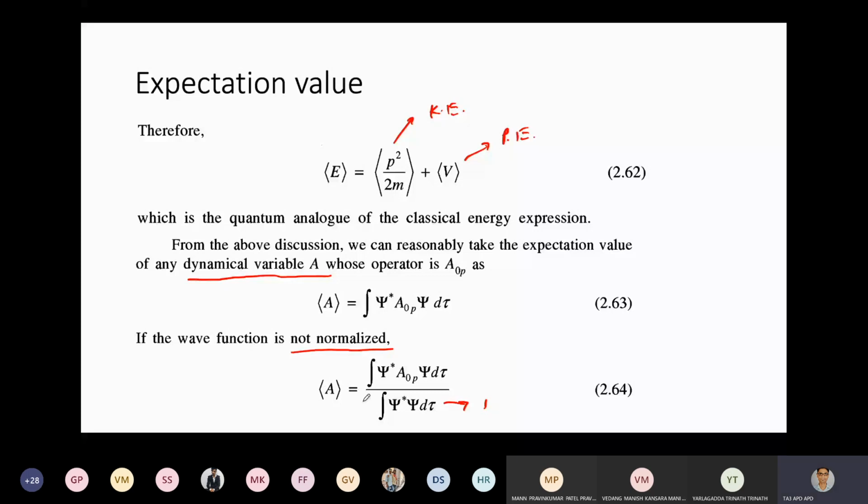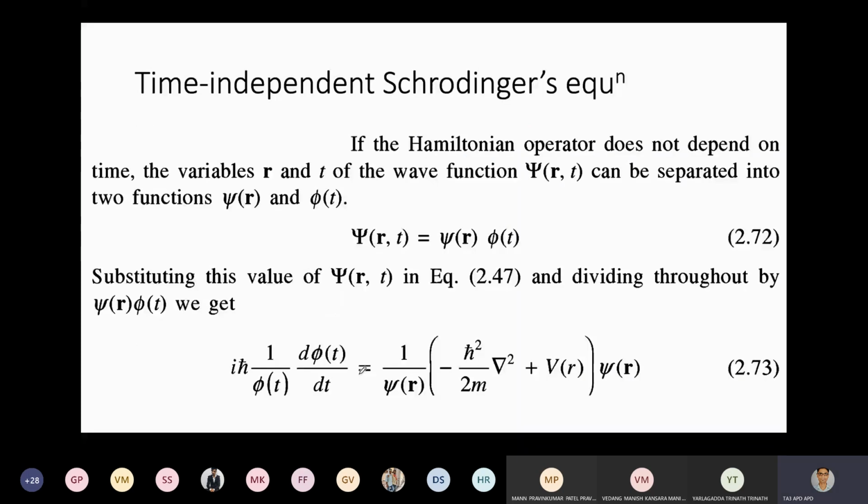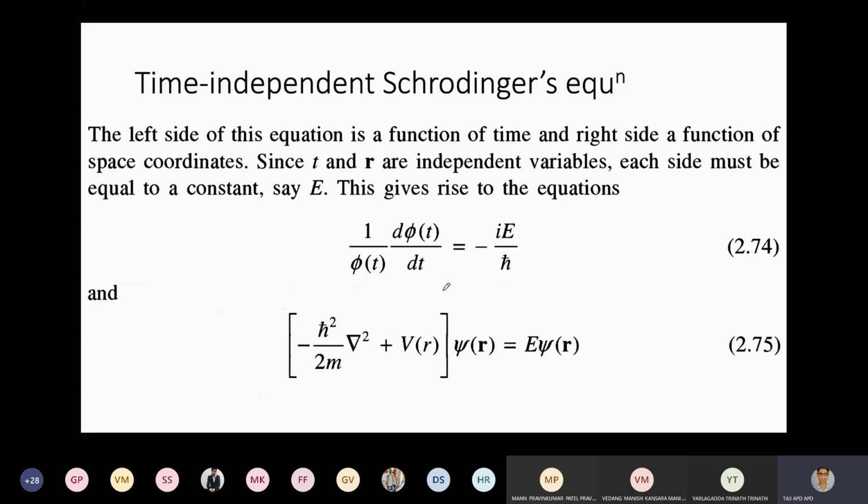Okay, so that is your expectation value for the given operator. Okay, अच्छा, नेक्स्ट हमारा टाइम इंडिपेंडेंट श्रोडिंगर इक्वेशन है, बट आई थिंक ये हम लोग नेक्स्ट लेक्चर में देखेंगे. ठीक है, वी विल नॉट, बिकॉज इट्स अ लॉन्ग टॉपिक, so many things to go.